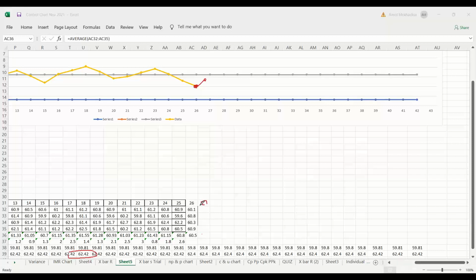It is not necessary to put 27, 28. You can put the graph daily basis also. So every day you can start with 1, 2, 3, 4, 5, 6 like that and continue. And put this average value here. Whatever the average value is there, you put. No need to calculate the LCL and UCL again. Please understand. Otherwise as your data moves, your LCL will also move. You will see like this, LCL is moving also. No. Okay. You need to just plot the X bar data and the R data.